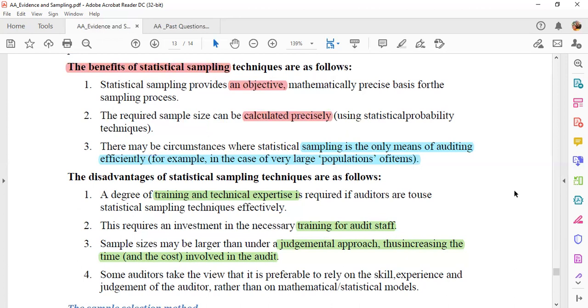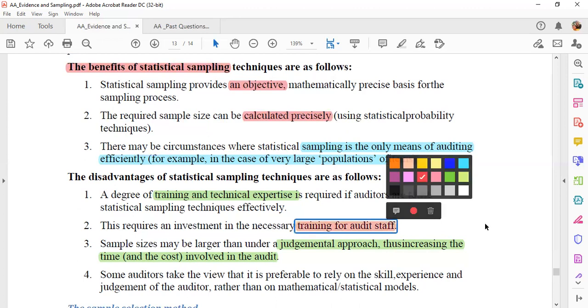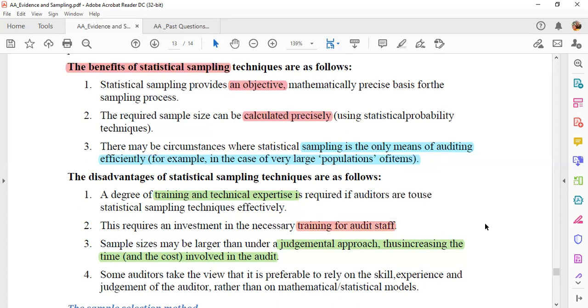So you can say time, and the training we talked about here too, you can attach an element of cost to it. So training and technical expertise is one: cost, that is training of your audit staff. The sample size is time as well; it's going to consume time. Some auditors take the view that it is preferable to rely on the skills, experience, and the judgment of the auditor rather than